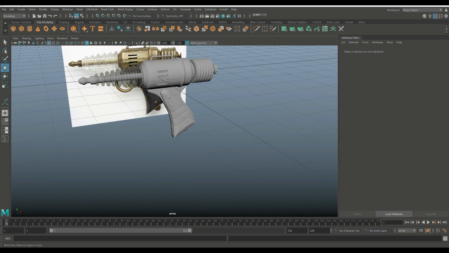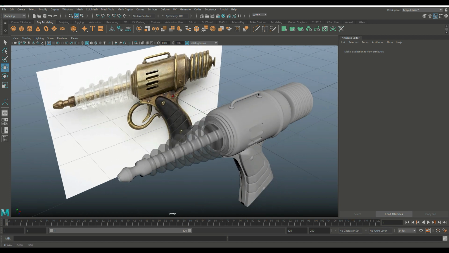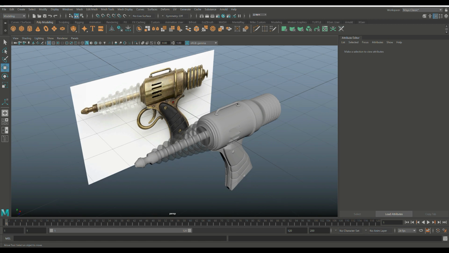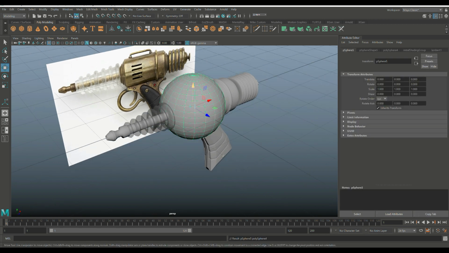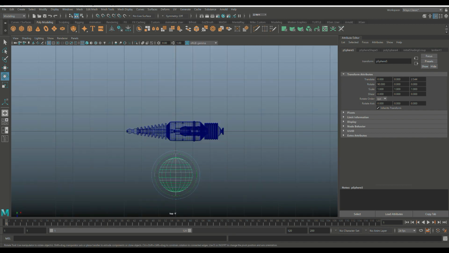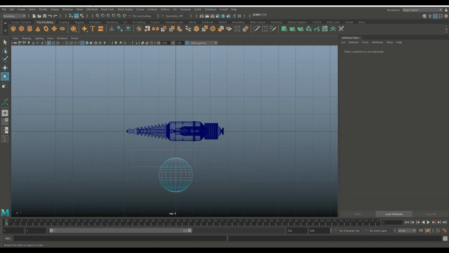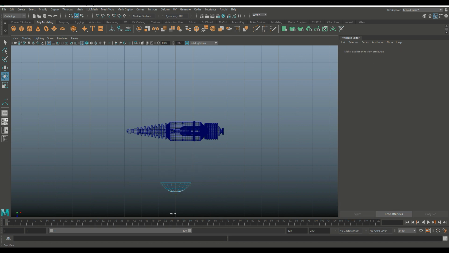Yeah, it's just a little detail. So we're getting pretty close. We have this little element right here that we can add if we like, and why not? So what we'll do is we'll do another sphere. We'll hit E to rotate, hold down J, flip it down like this, jump to the top, right click at a face, take a whole bunch off, hit B to turn off soft select, delete that, and